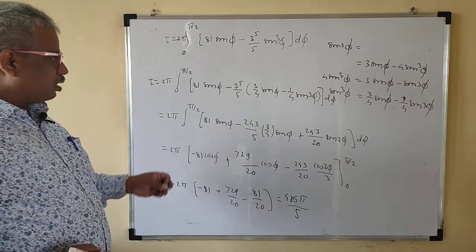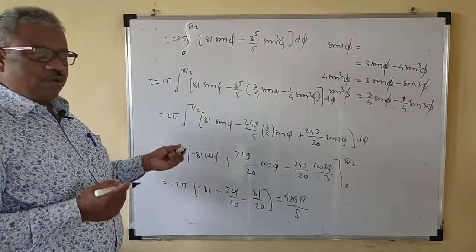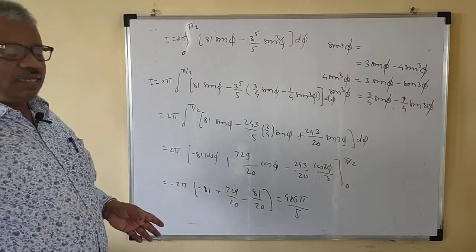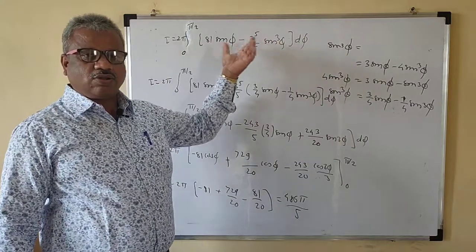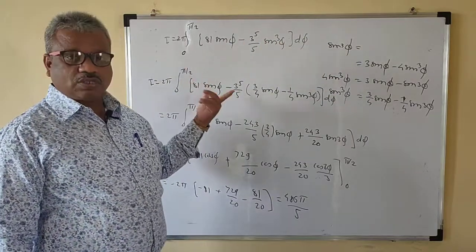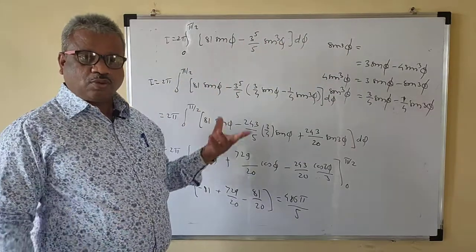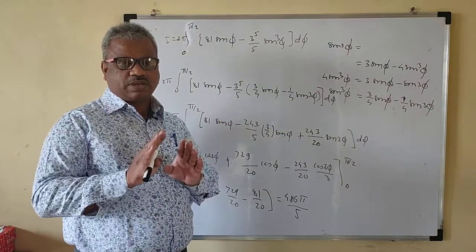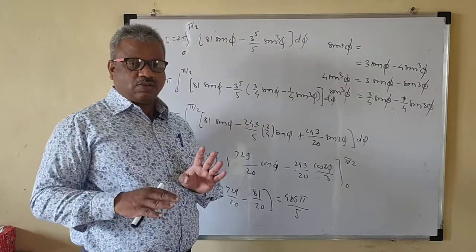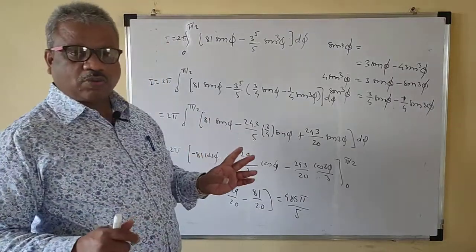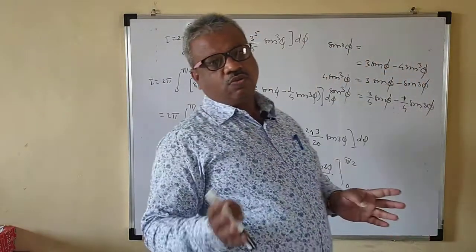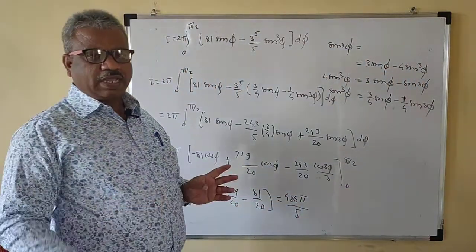Okay. So I hope that you are able to understand how to evaluate the triple integral. It is just like a single integral. So here you have to take care of sine cube, sine square, cos cube, cos square. If you have cos to the power 4, then cos square squared, then replace cos square. Again take the square and replace again the cos square. You know the formula: 2 cos square theta is 1 plus cos 2 theta, sine square theta is 1 minus cos 2 theta. So you have to apply that formula.